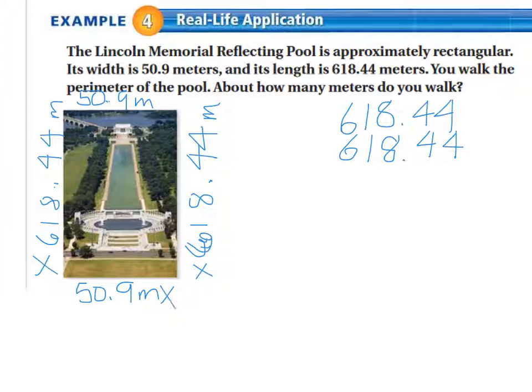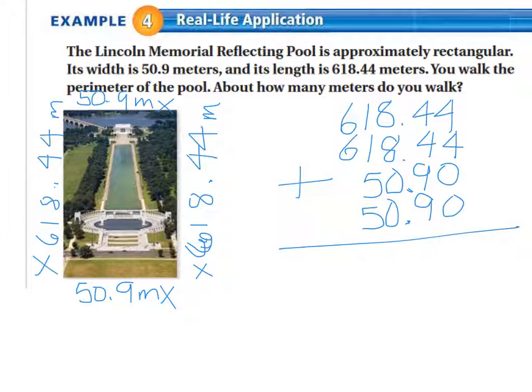And then my 50.9 from here. Remember, I need to line up my decimals so they're straight. 50.9. And this 50.9, again, lining up my decimals so they're straight up and down from each other. And I have empty place values here in the hundredths place, so I'm going to put a 0 there to hold those spots. I only have to do that on the numbers to the right of the decimal. Over here, I don't need to do that because I just know those would be adding straight down. So now adding as usual,